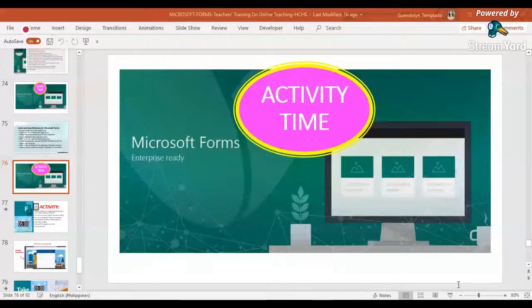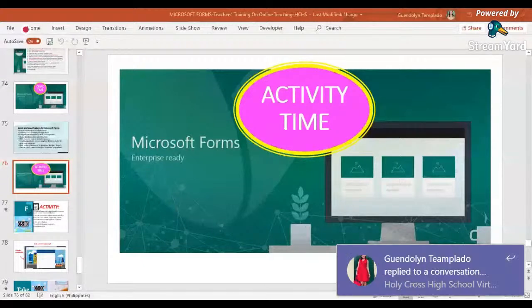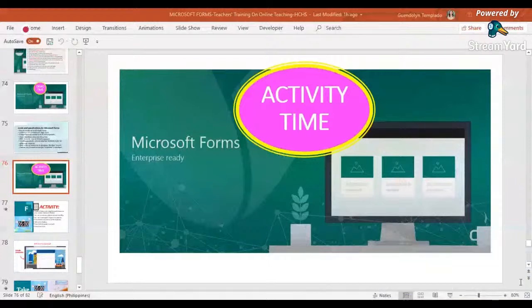Send it in the chat box in the conversation tab. So to those who are not yet done, you can do it later and then submit that tomorrow or this evening. Yes, you can do that.